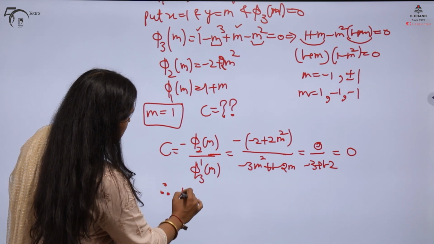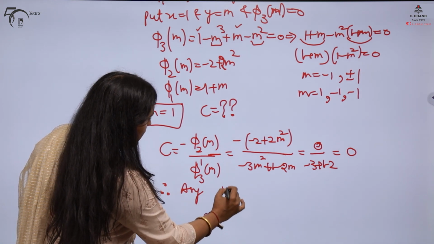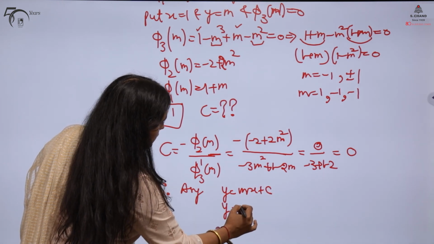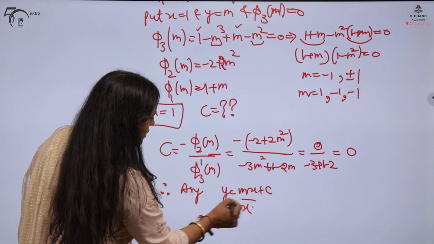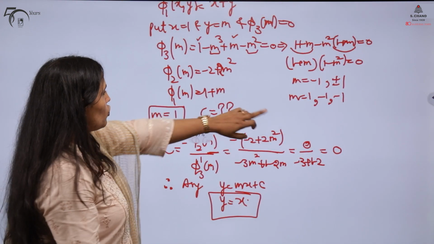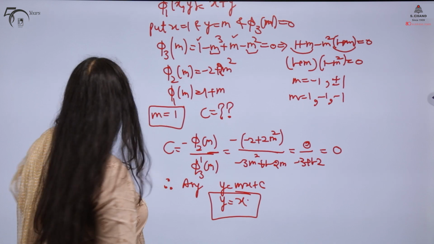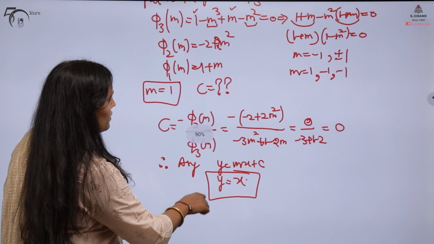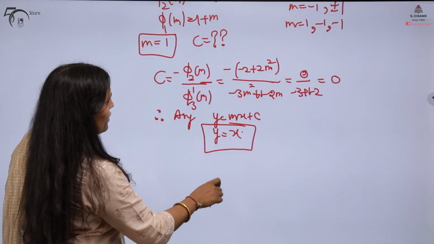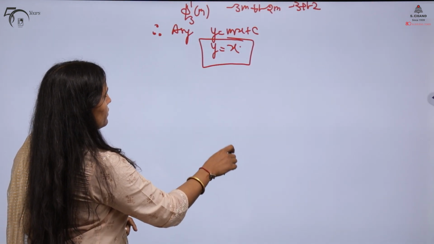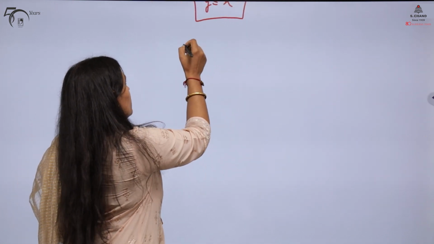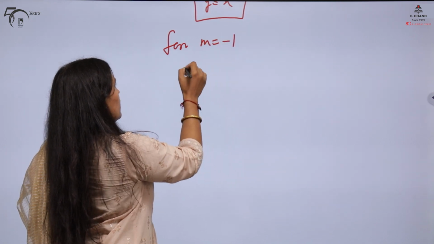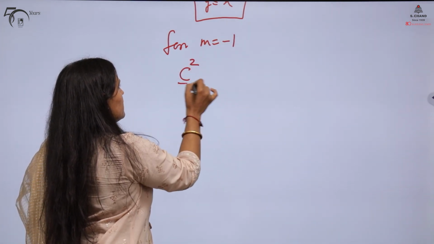Therefore, in this case the asymptote is y is equal to mx plus c. Your m is 1. So, simply x plus 0. So, it is this equation. Now, moving to when the root is repeating, how will you be calculating your C value? When your root is repeating, m is minus 1. When it repeats, how do you write the formula? So, in that case, for m equal to minus 1, your formula will go like C square by 2,